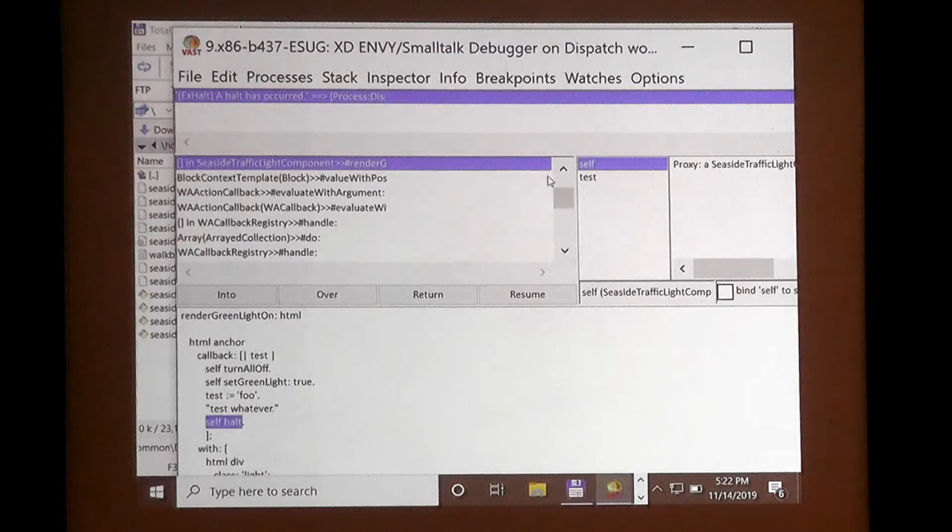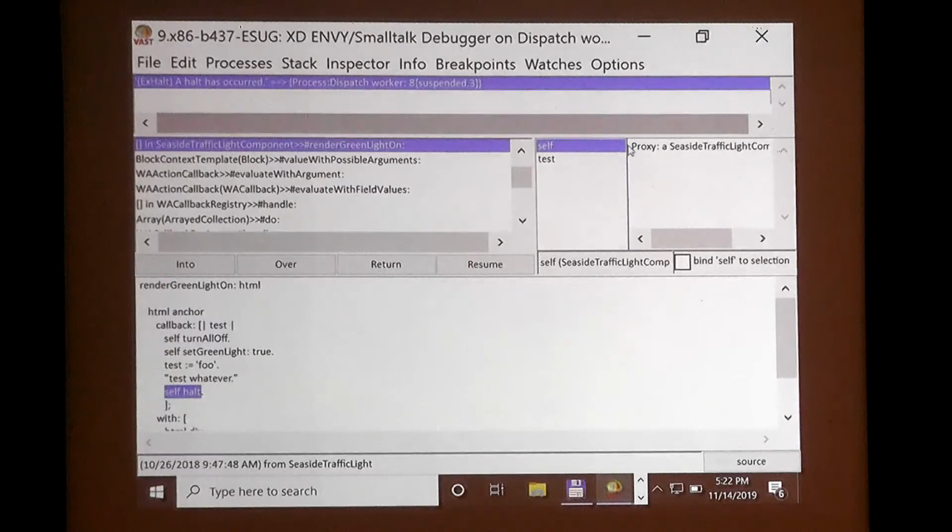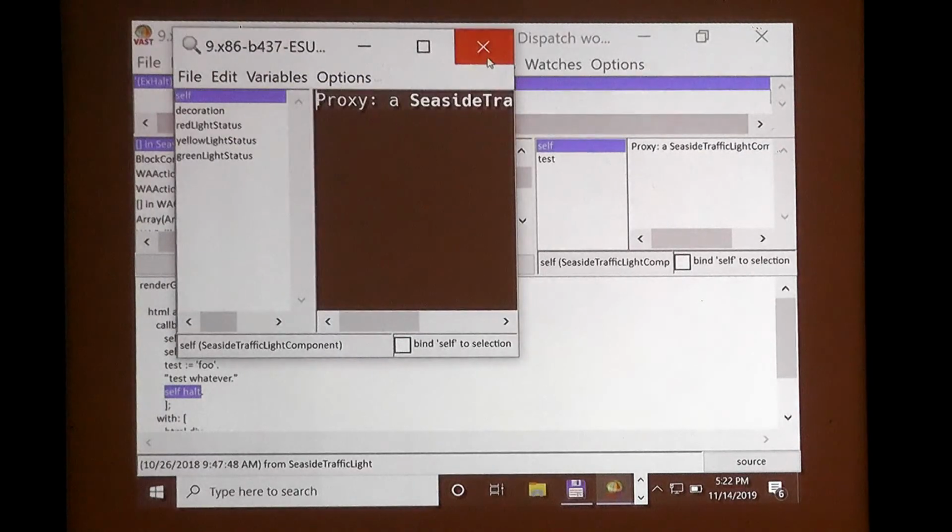Okay, I got the debugger. Sorry for the failed attempts, and thank you for your help. So you can see here, this is a true debugger where I can step over and proceed, and I can inspect objects. Again, I can inspect this CSI component, which obviously is a proxy because it goes over the wire